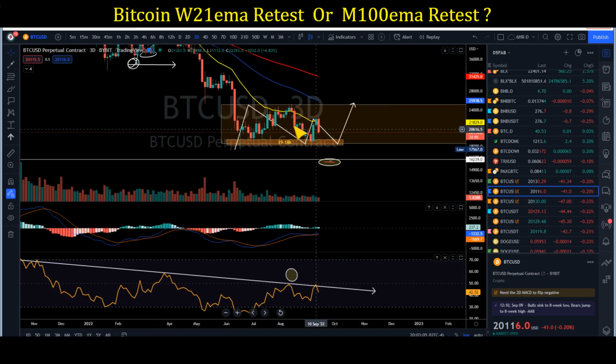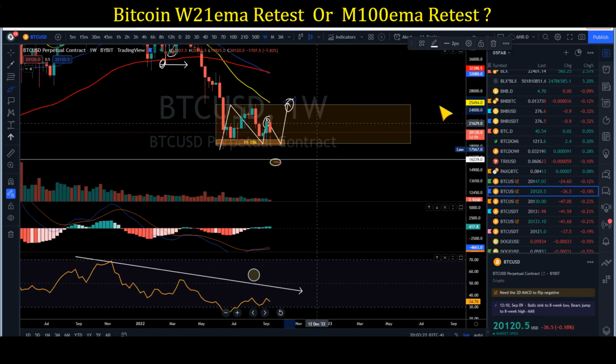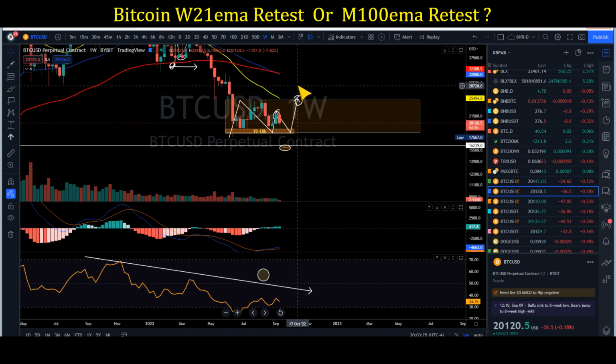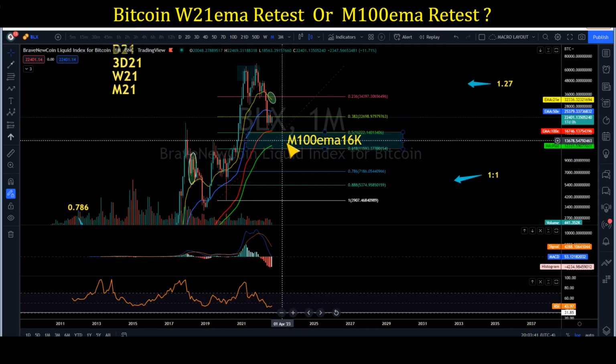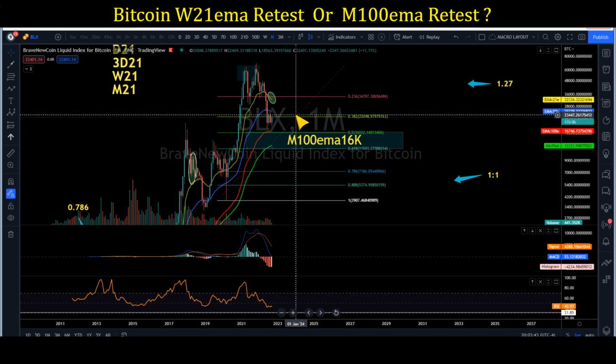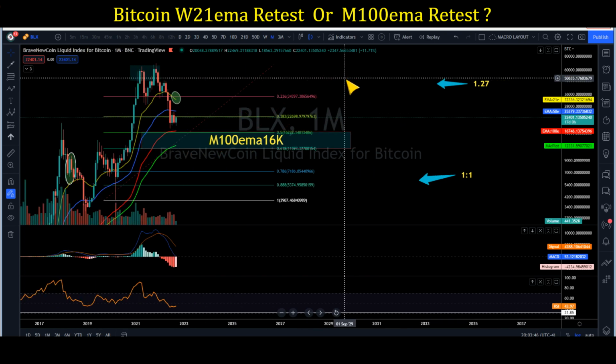So that's why I was saying BTC could still get rejected right around the 22, 23k area, push back down to the 18k, and still push back up to the weekly 21ema resistance. So the 21k area, plus or minus 10%, is a very dangerous range to be trading at. You just have to be very cautious if you're taking a position around the 21k area, because it can still push back up to the weekly 21 or even dump down to the monthly 100ema right here. Those are my two extreme targets.